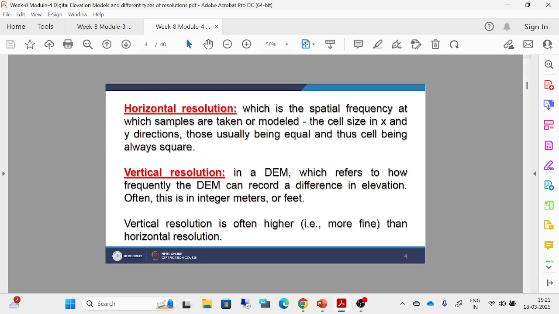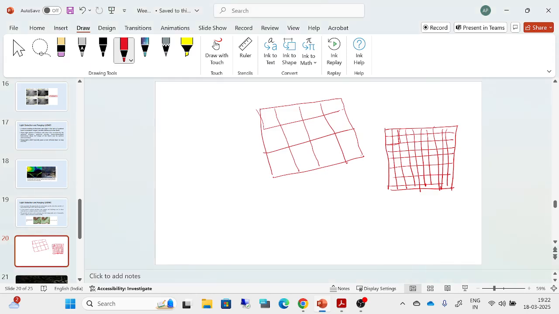But in case of a DEM, in this vertical resolution, the values of that grid can be positive, negative, or both, because here elevation is taken into consideration. So from a particular surface, how high or how low that particular area is, that is taken into account. So if you have a grid like this, a cell, a raster image,